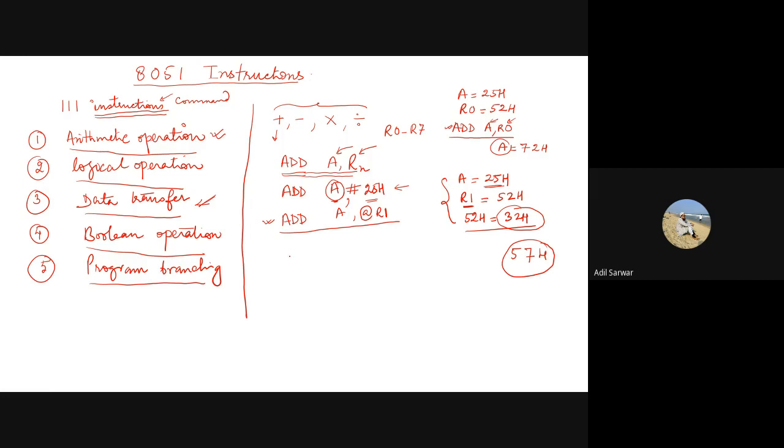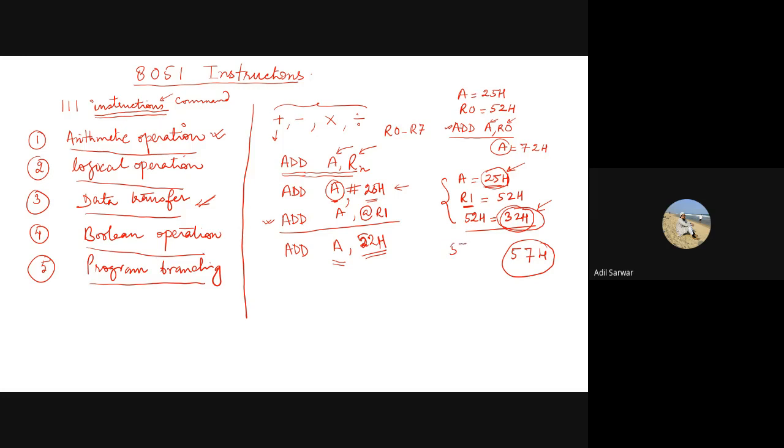Then I can have this type of instruction also. Say A comma 52H. So what will happen? Now the content of 52 is added to A. That means if A was earlier having 25 and 52 was having 32H, these two numbers 25 and 32 get added and the result would be